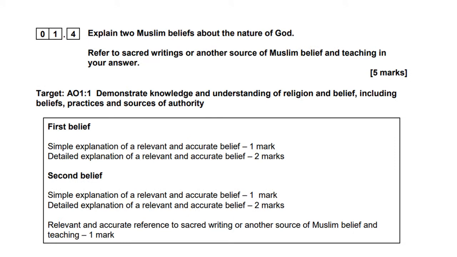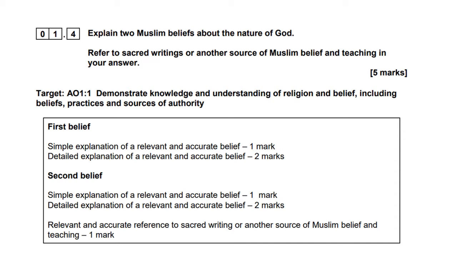So the criteria for a 5-mark question is very similar. The kinds of questions you might get asked are very similar as well. So it'd be to explain two religious beliefs about something, for instance here, two Muslim beliefs about the nature of God, it will always be to explain two. It might be beliefs, might be teachings, approaches,